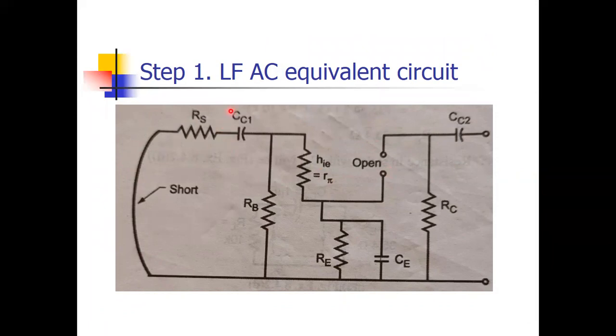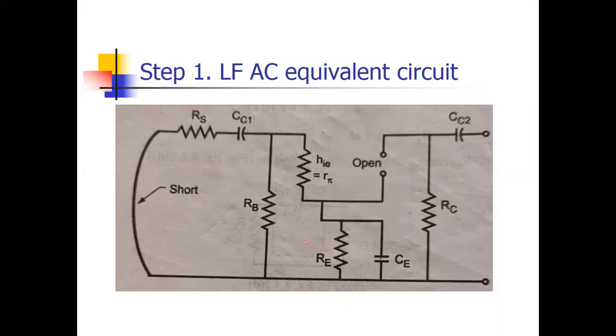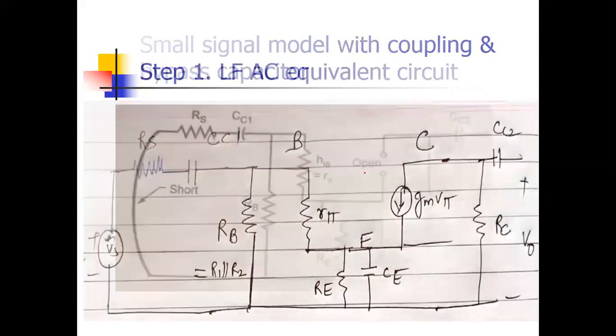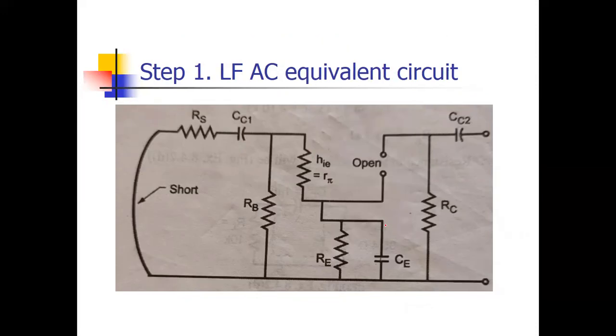So first we will talk for C1. Whenever we are doing it for one capacitor, the other will be shorted. Okay, so we are doing it for C1, this will be shorted. This capacitor is shorted, so definitely RE is not there. So this will behave like the ground. See here, we are doing it for C1 only. So for C1, this is shorted, this is also shorted. Since it is open circuit, this part, which went to ground, is also not there.